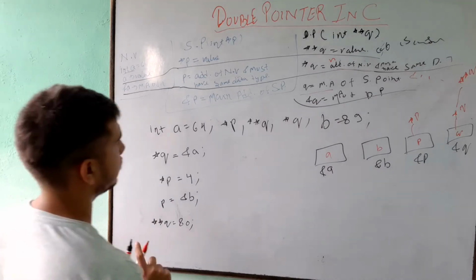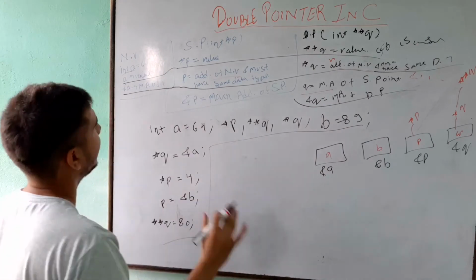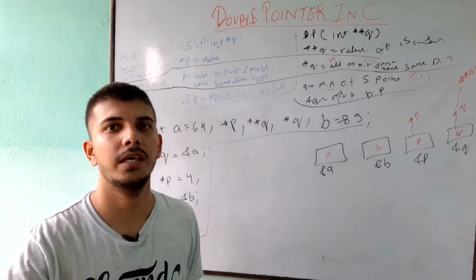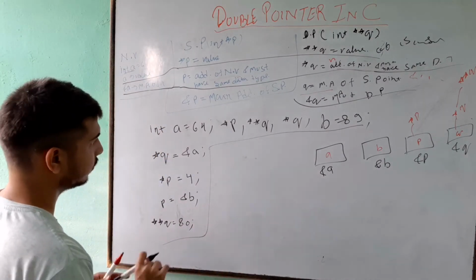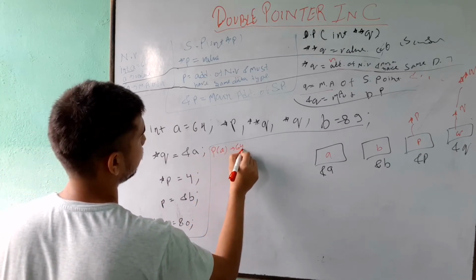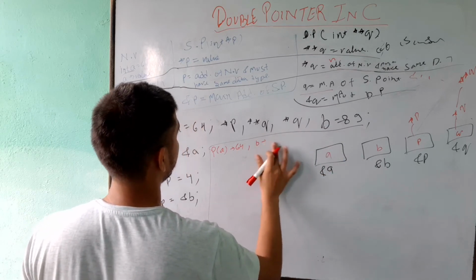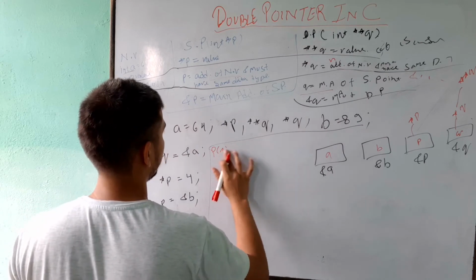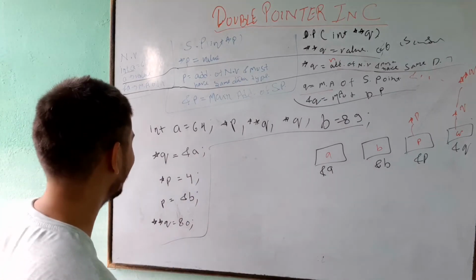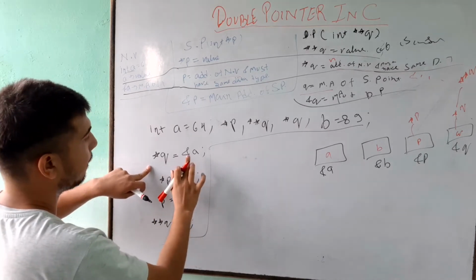So now the question is, what will be the printf of everything, like a, b, &a, &b, p, *p, every possible one. You know the output of a will be 64, b will be 89, but no, let's go through it one by one. After the program is done, what happens, because this will not be the output. I can assure you that. Now what I am doing, *q is holding the address of a normal variable.